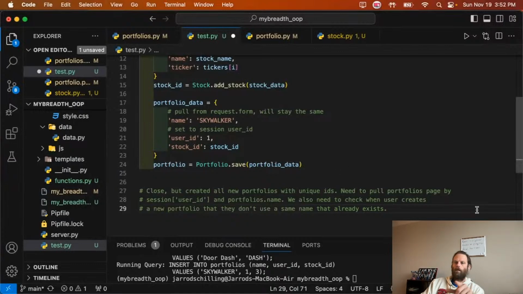Okay, so I think tomorrow, I mean, this works. It works. It just created an individual ID, and actually, I think that's fine for right now. However, I just need to